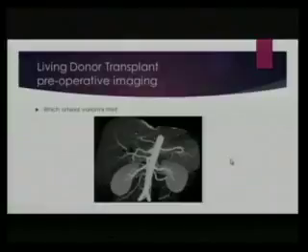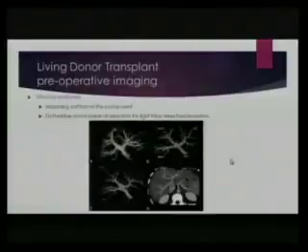So this is just a reconstruction from a CTA. All right, so looking at some venous anatomy, this is the portal vein. This is the normal anatomy, where the right vein is basically a continuation of the main portal vein, and then the left kind of branches off to the side. So it's more of a bifurcation, but this is a common